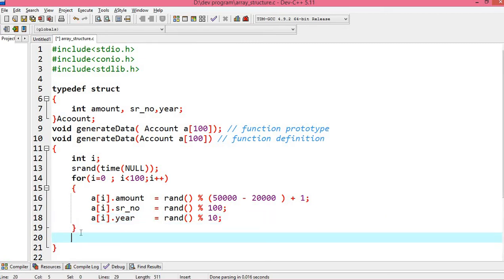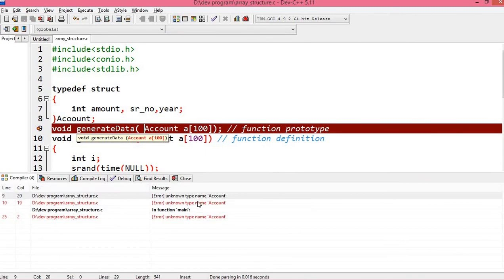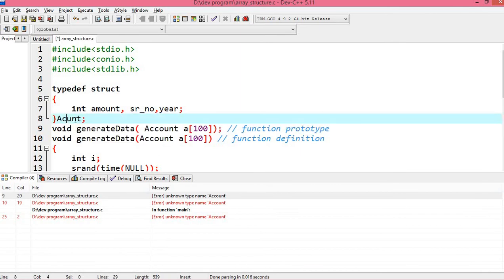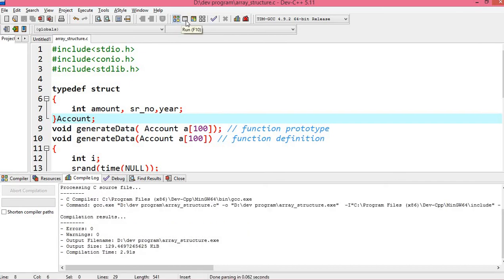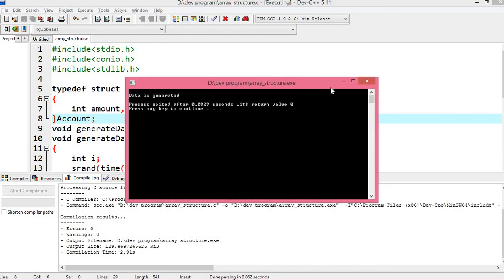Once this function has iterated through the whole loop, I can say printf data is generated, backslash n. Now let's compile this program. Compile, and execute this. So data is generated.